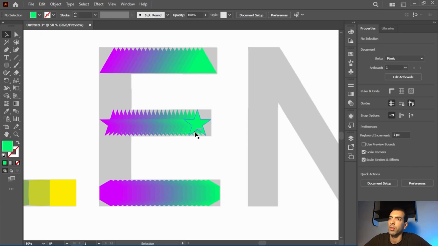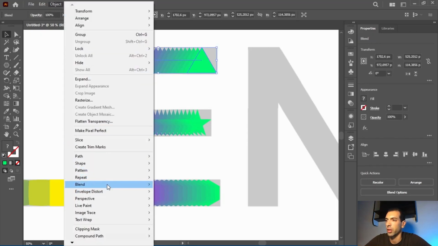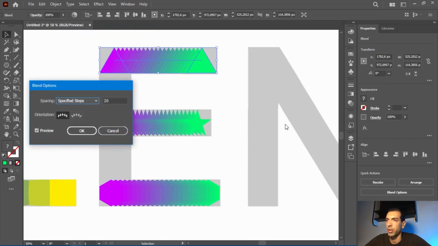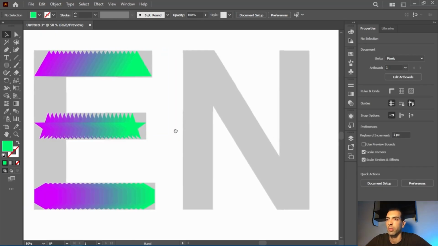If I ever decide to modify the blend, I can always select, go back to object, blend options, and then I can change if I want to, like this. Then I click on OK. I'm not gonna do that. I'm just gonna click on cancel, and I'm gonna move to the next